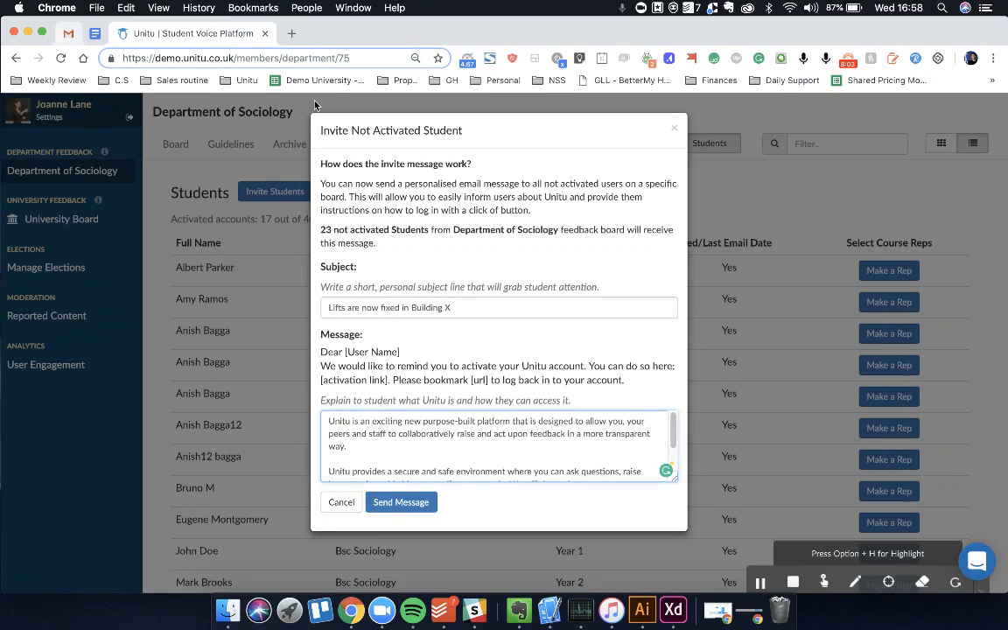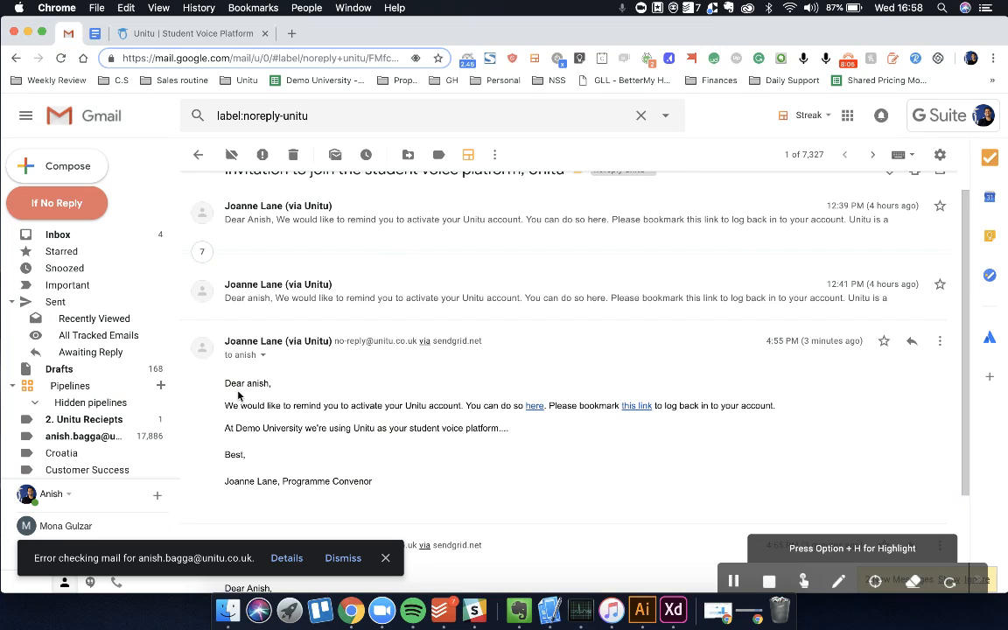And you can see that here it says Dear Anish. So it really goes to that student personally, rather than saying Dear all students, or Dear year 1 students, or Dear sociology students. It says it right to that student, and you can add your own signature to it as well. So it has that personal aspect to it, and it says from that user as well,